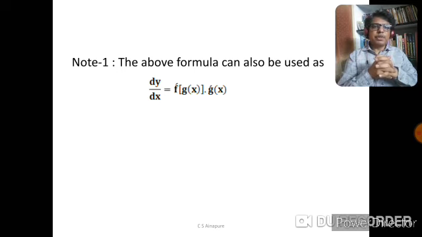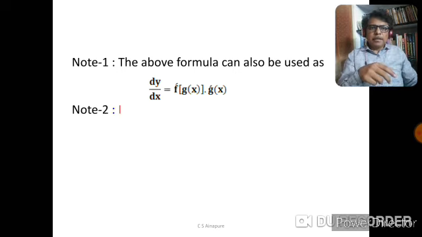See how we can remember this. When we are differentiating a composite function, take the derivative of the outer function, it is f, the derivative of f is f dash, and keep the inner function as it is in that. So, f dash of g of x, into multiply it by the derivative of the inner function only. It is the derivative of the outer function keeping the inner function as it is, into the derivative of the inner function. So, this gives directly the derivative of a composite function.